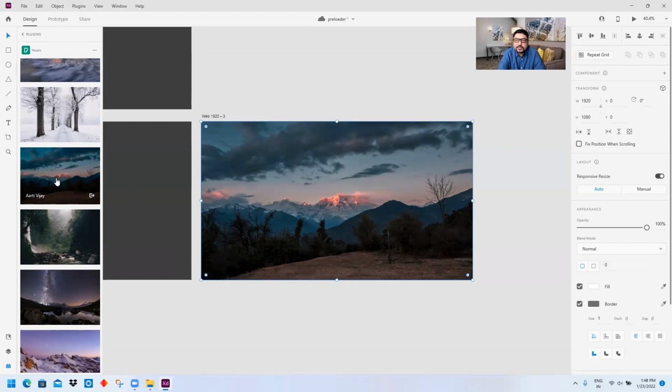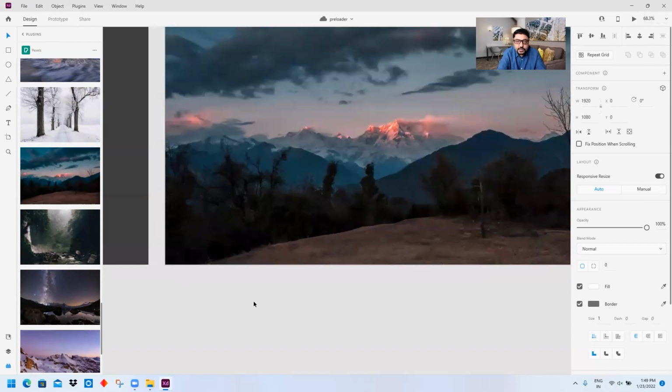I always love to name the photographer who has actually given this free stuff without any expectations. So it is very important to name these people in your video, because they are doing a fantastic job. Because of them, we can use these images free of cost in our videos. It makes our tutorials much more attractive and brilliant. Okay, so yeah, Aarti, great job.